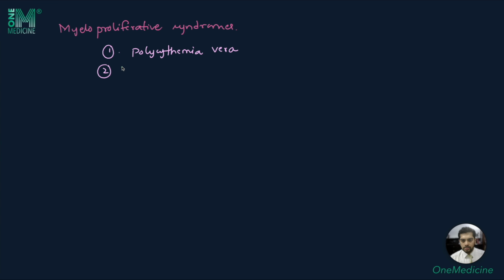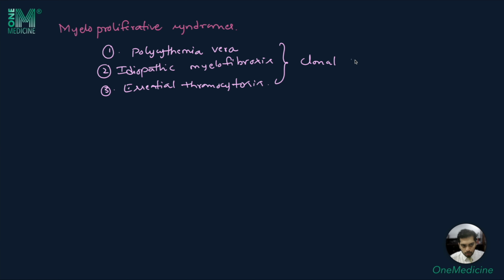Now that we have understood myelodysplastic syndrome, let's look at myeloproliferative syndromes. There are 3 important myeloproliferative syndromes. The first one is polycythemia vera. The second one is idiopathic myelofibrosis, and the third one is essential thrombocytosis. So all these are clonal disorders of hematopoietic stem cells, and another common feature is all of these are